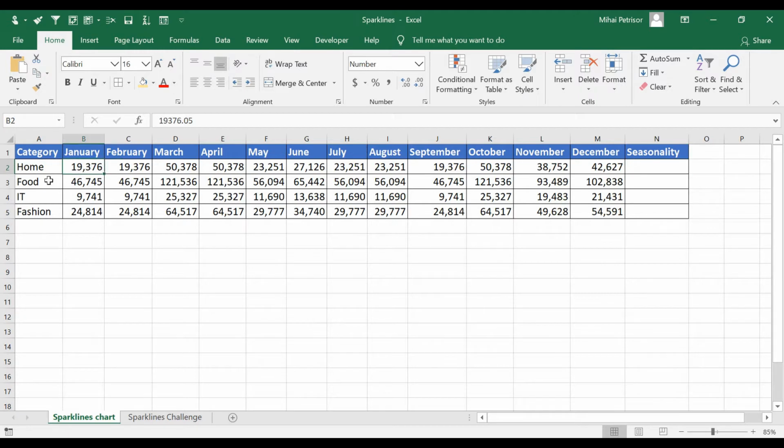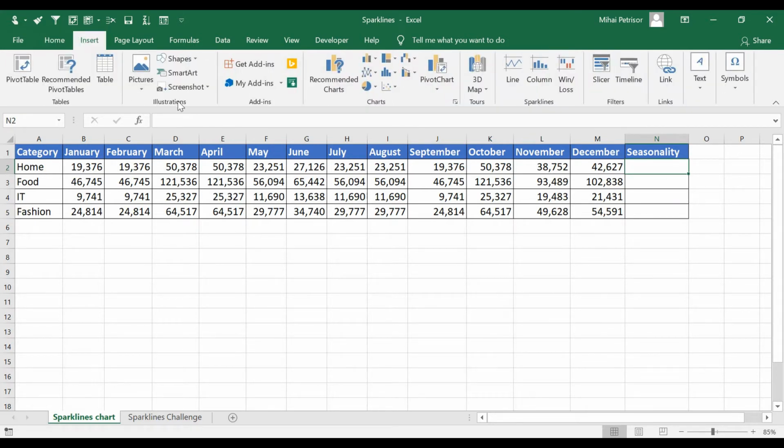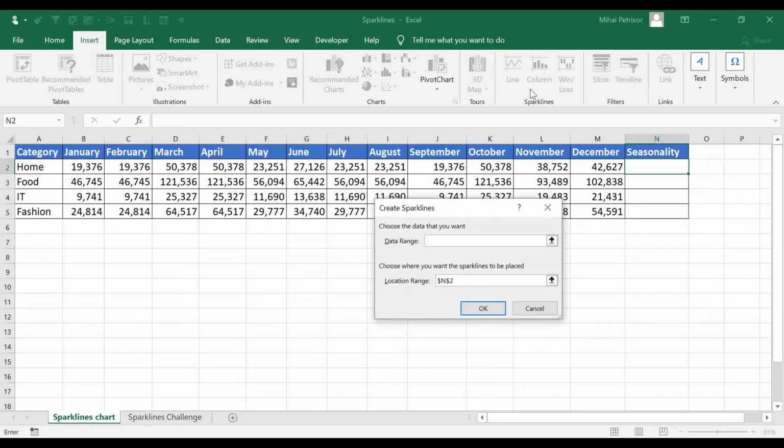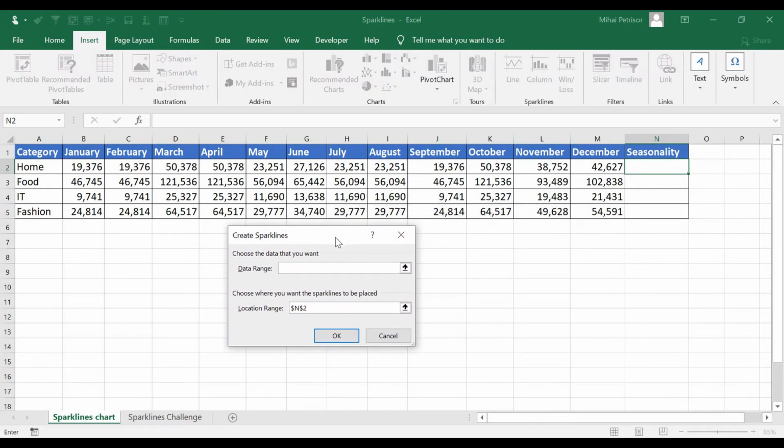I have this table for home, food, IT, and fashion categories, and each month's sales values. Now I'm going to click the N2 cell, go to the Insert tab, and on the right side of the charts we have sparklines. Let's insert a column, and then we have the Create Sparklines window where we can choose